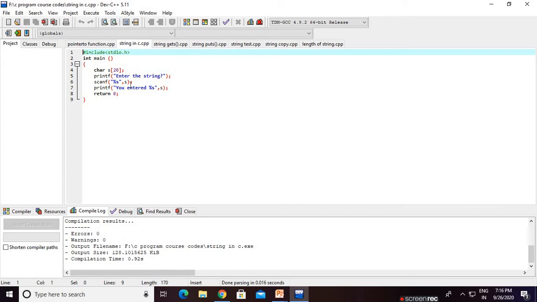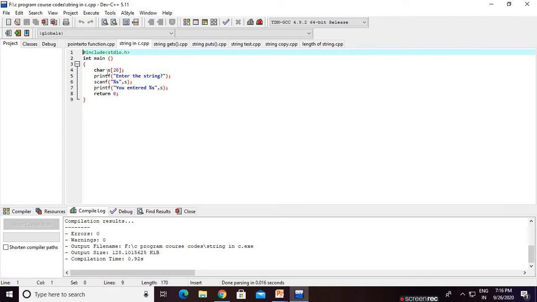For example, for a variable, you write scanf with %d, which means the data type of the data you are trying to store. If the data is an integer, you write %d, comma, ampersand, then the variable name. But here, string is different. We use %s. Why use %s? It represents the string. That means we are telling the compiler, please store the input string.